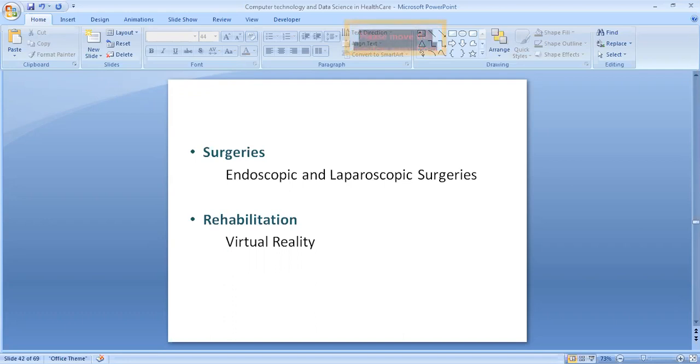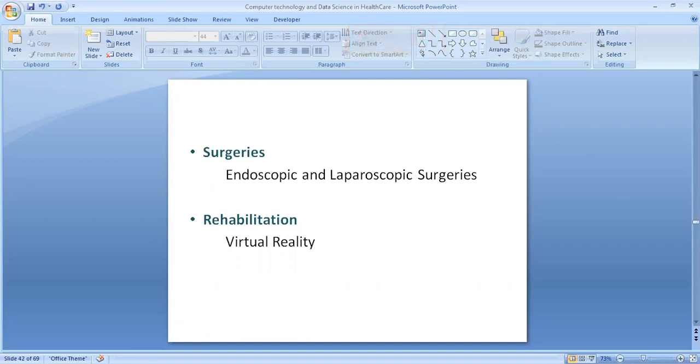So in order to reduce the risk of infection, in order to have less blood loss during the surgery, and also the fast recovery, we mostly go in for keyhole surgeries or minimally invasive surgeries, because we all know how earlier conventional surgeries were done. It is a knife cut procedure, but now the entire scenario has changed.